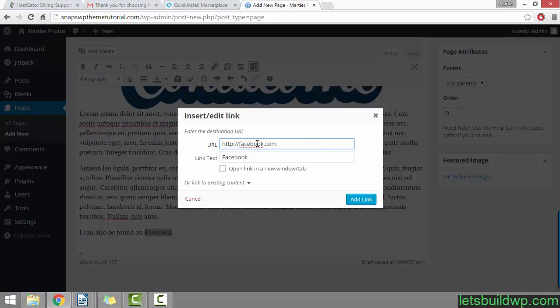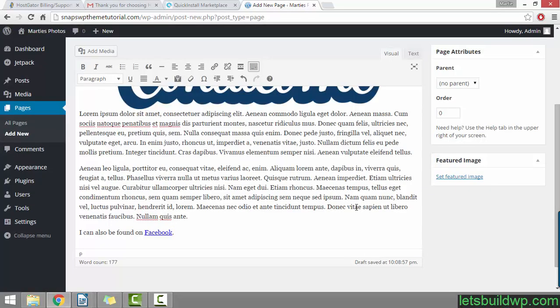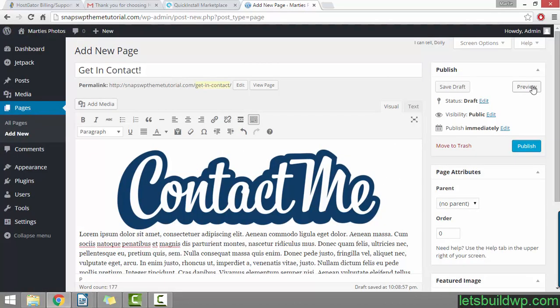facebook.com. I suggest checking the box beside where it says open link in a new window/tab, and this means when the visitor clicks the link, Facebook will open in a new window, leaving your website open in the background. Once you're happy with everything, just click add link, and if we scroll up and click preview,